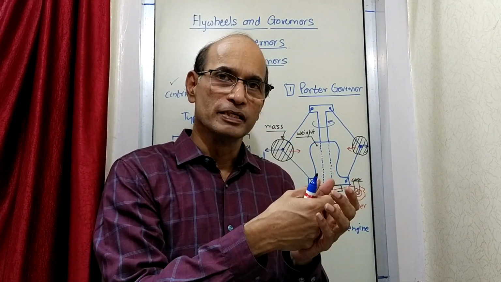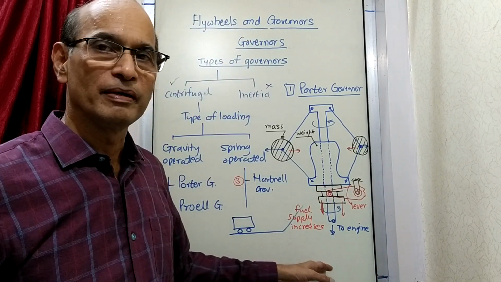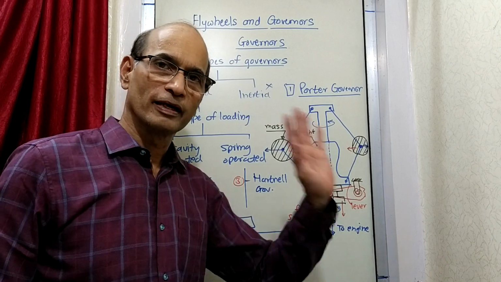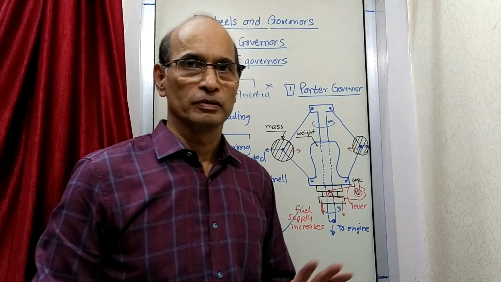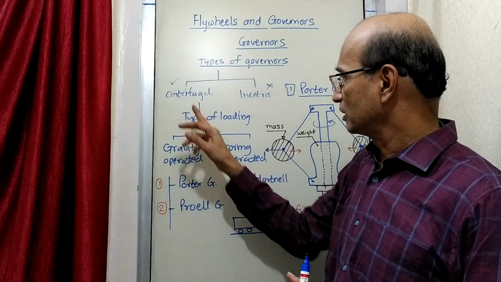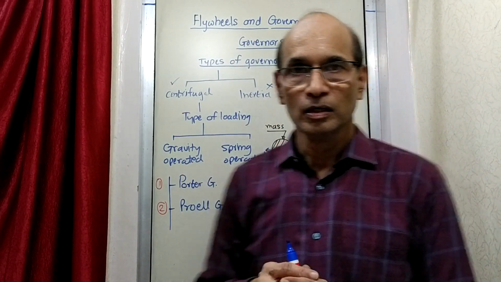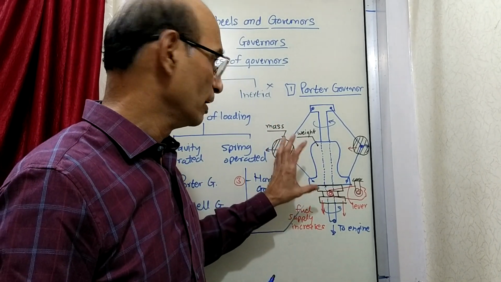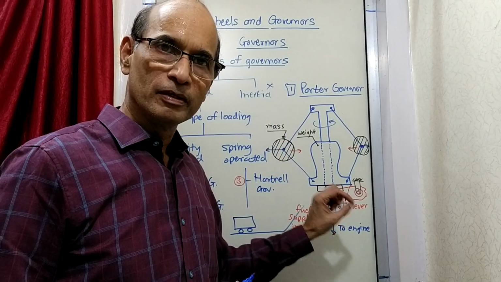And when the fuel supply is reduced, the necessary adjustment takes place, because partly by fuel and partly by slope, the vehicle can easily go down. So this is how the adjustment takes place by a governor, a centrifugal Porter type governor, whose construction is like this. So we will draw this figure and then you can describe in brief how it works.